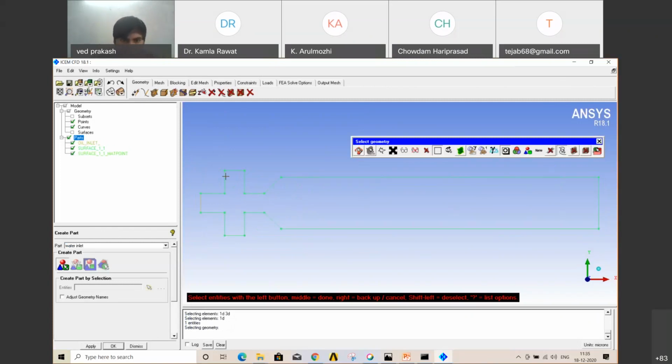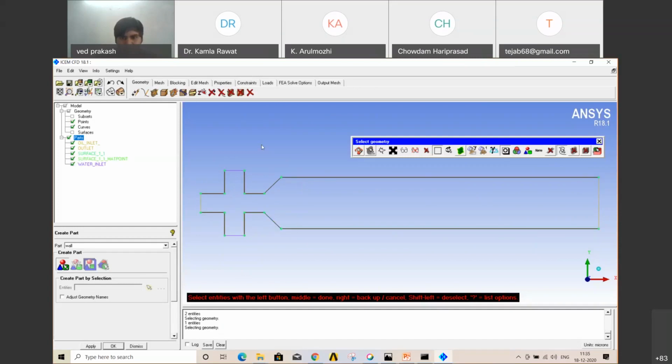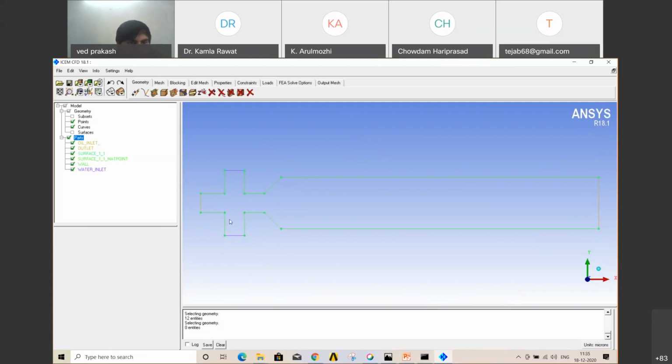These two are water inlets. Then these all will be walls. We have performed the naming.